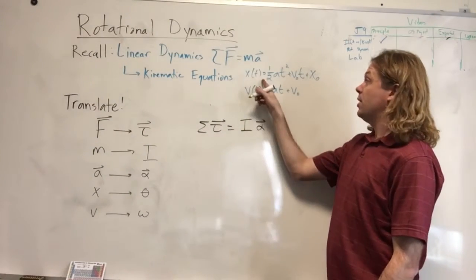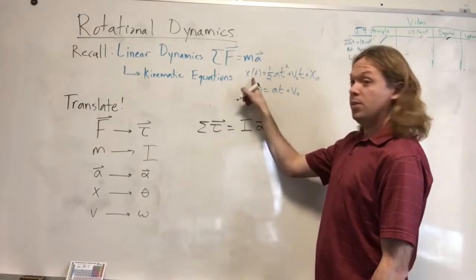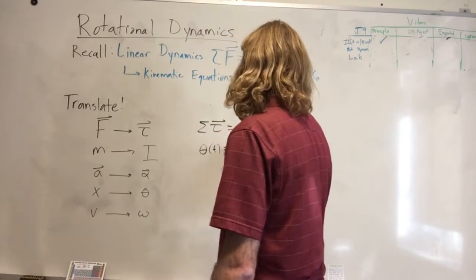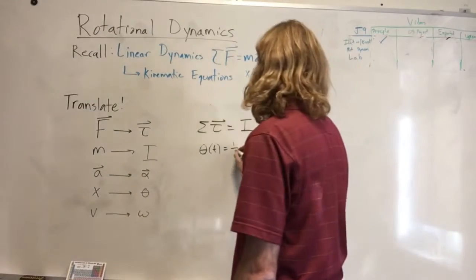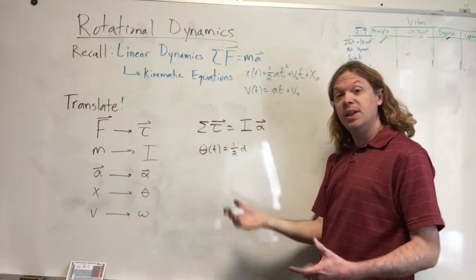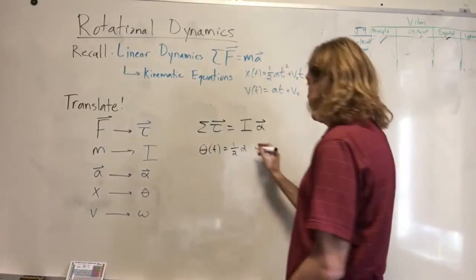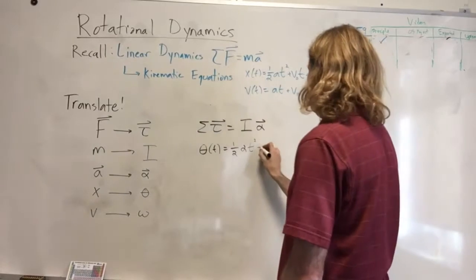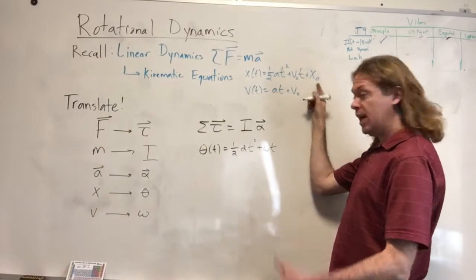If we want to write down the position as a function of time, we just have to use our translation here. Position is going to be angle theta, 1/2 alpha t squared. And t is going to be the same. There's no difference between a linear t and an angular t. It's just the seconds on a stopwatch. v is going to be omega, so this will be plus omega times t. And x naught will be the initial angle,